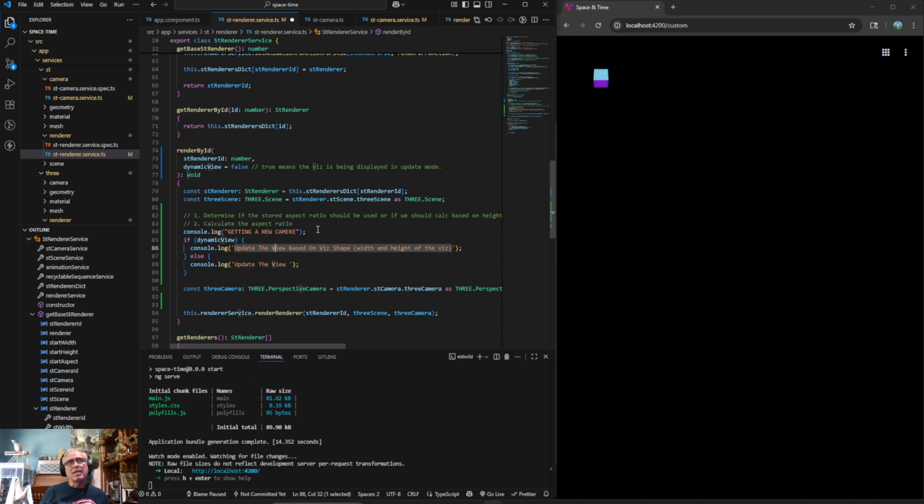I'm just going to say aspect ratio AR based on the stored